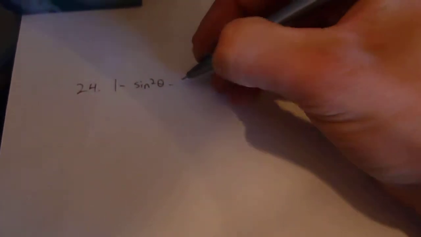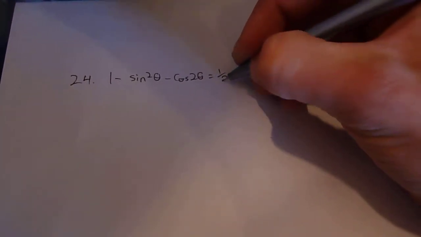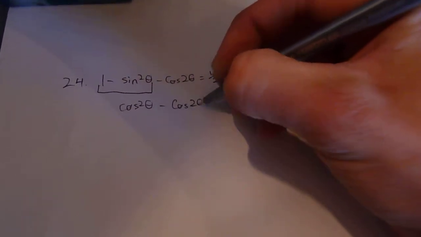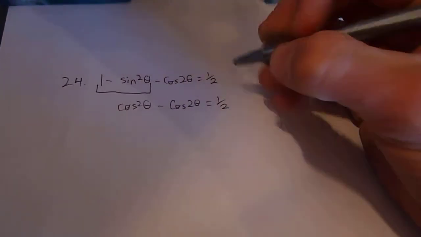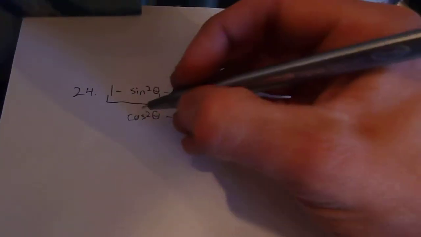Okay, so I'm doing question number 24 from lesson 5.5, and I'll just start with writing the original equation, and that is 1 minus sine squared theta minus cosine 2 theta equals 1/2. And from there I can immediately just use the Pythagorean identity, and this becomes cosine squared theta minus cosine 2 theta equals 1/2. And now I can use the power reducing identity for the cosine squared theta, and that will